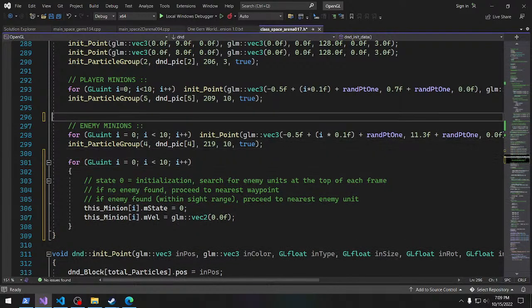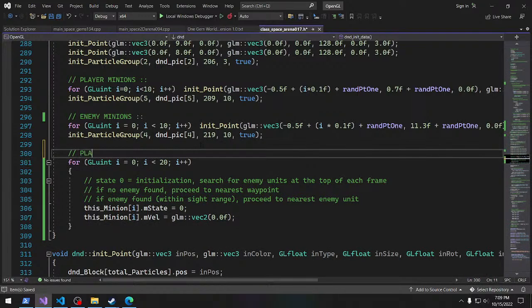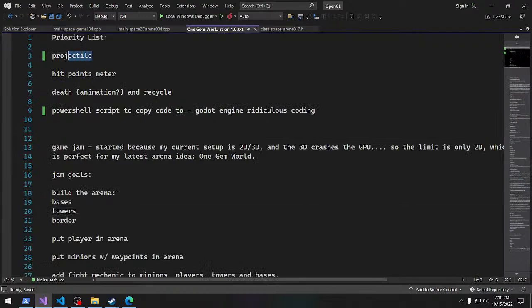This doesn't super matter, but I'm going to put it right there. Okay. Well, that'll be something I can do. I do have that on my list. I actually have it on my list, the projectile hit points meter,